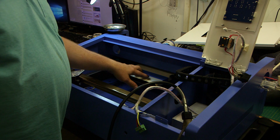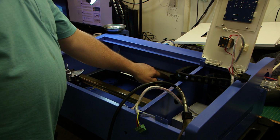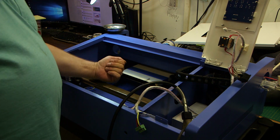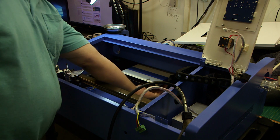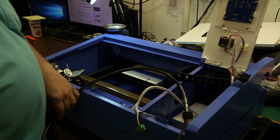So the way I did it on my other one, and I think it'll work the same way, is you can take a Dremel and cut right across, cut the edges, and then break the top piece off, and it will give you access to get to the bottom without having to come underneath. So at least that's what I'm going to hope for. And